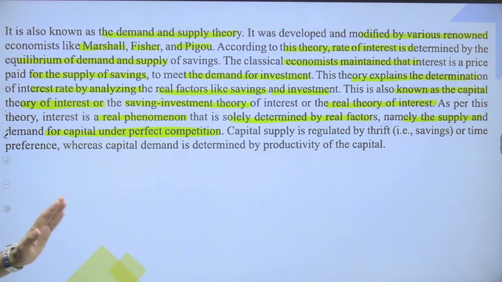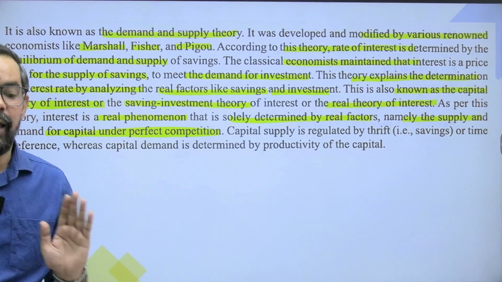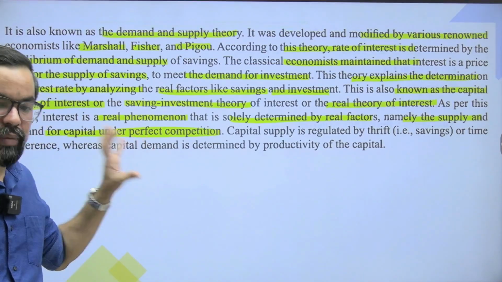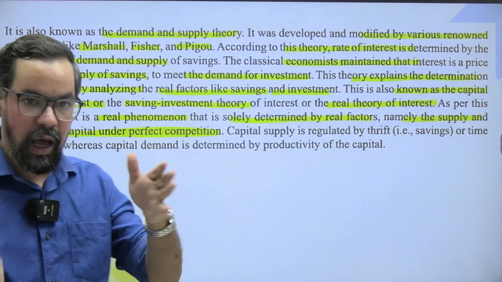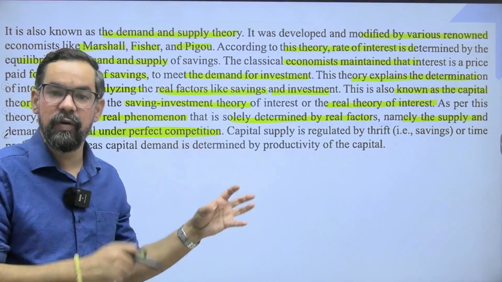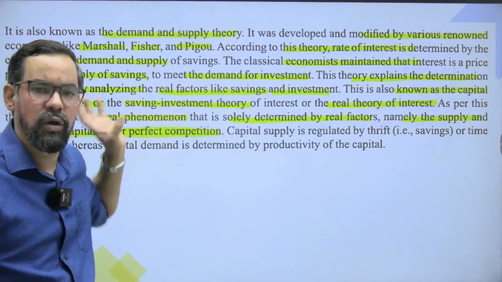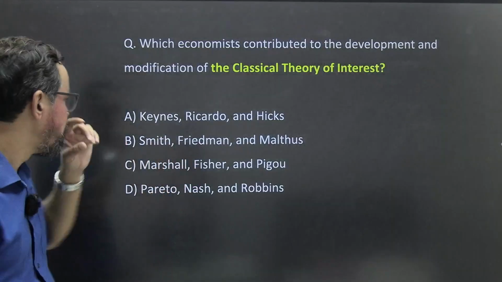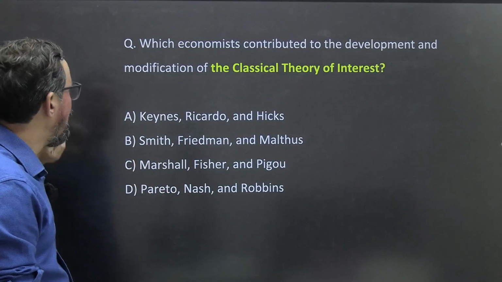Capital demand is determined by the productivity of the capital itself. So this is the kind of brief which we discussed in our initial discussion, जहां पे हमने एक समरी काइंड ऑफ फर्स्ट में डिस्कस किया था। ये सब चीजें उस पर्टिकुलर समरी का पार्ट थीं, राइट।